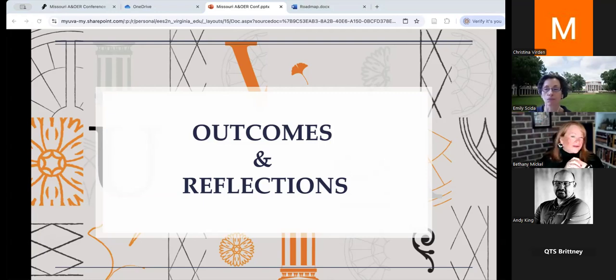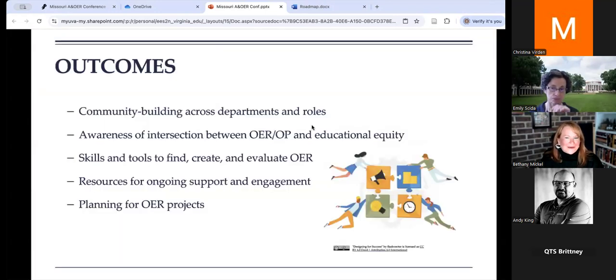One of the things we were very deliberate about, as Emily mentioned, is expanding the community beyond faculty. So in both runs through, we had a cohort of individuals who may not normally find themselves in meetings and learning groups together. And this resulted in really rich discussion and sharing of perspectives from various vantage points.